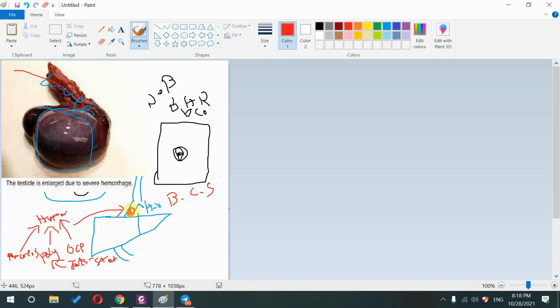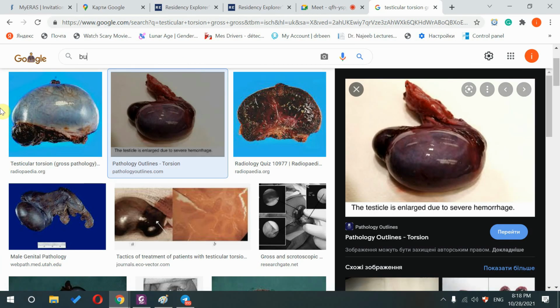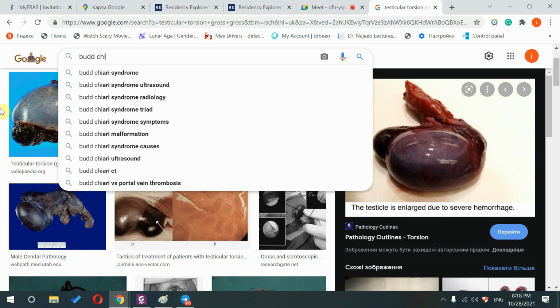So, okay, this got occluded. So what is the big deal? Well, the blood is flowing here. It's going inside, but it's not leaving. So the blood will accumulate inside of the what? Inside of the liver. So you can get liver failure, but in addition, not only a liver problem,